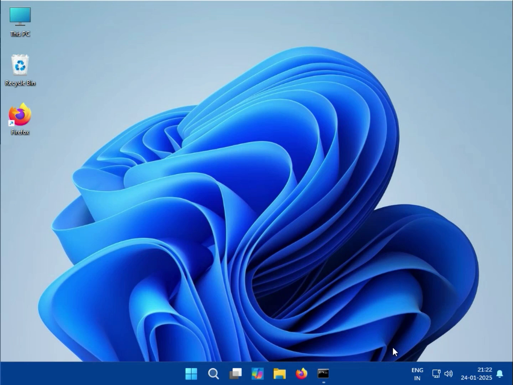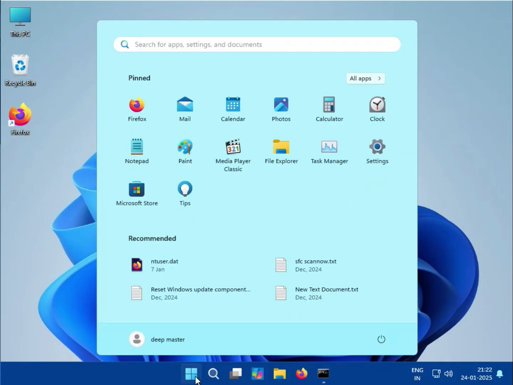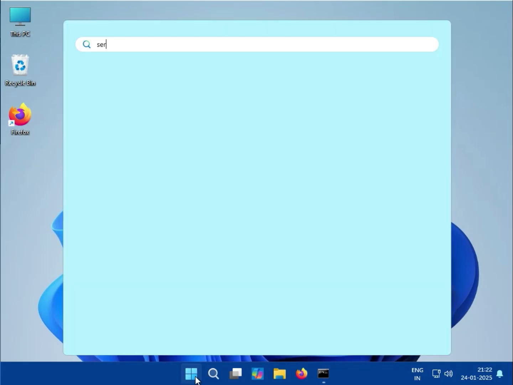Windows 11 volume goes up and down automatically in Windows 11. So how to fix? So guys, first method, click to services,